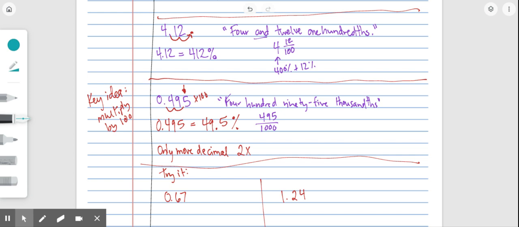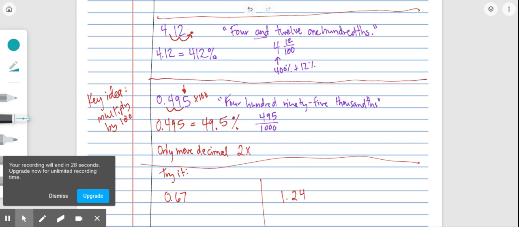Okay, hopefully you're back from trying those 2. So I'm going to remember from the key idea that I need to multiply by 100 or move the decimal 2 spots. And this is 67%. Same thing for this one. I'm going to multiply by 100 or move the decimal 2 spots. This is 124%. Okay, this is just like the example up here. And this one is just like